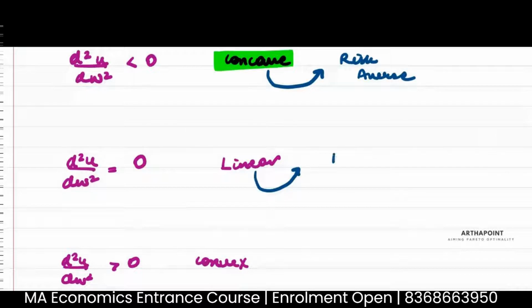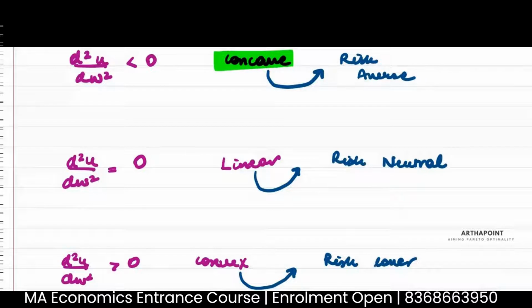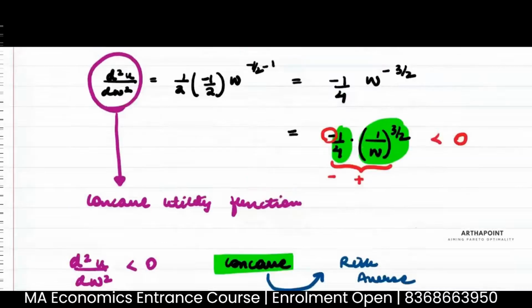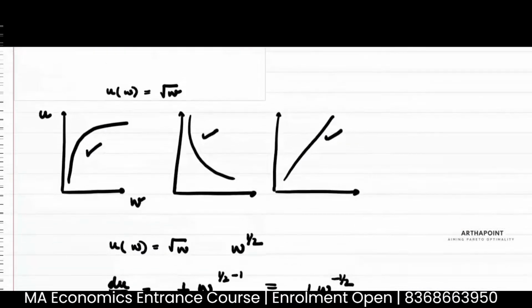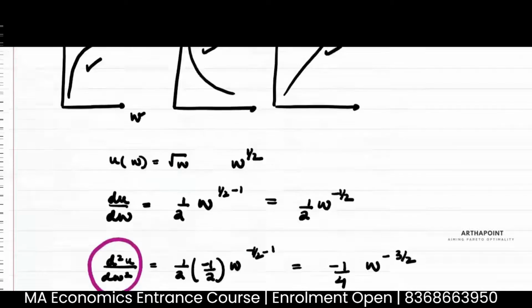Linear means risk neutral. Convex means risk lover. So this is the first exercise all of you will do when you look at the question. You must be clear with what shape my utility function has well before you solve for it. So now let's just make a concave